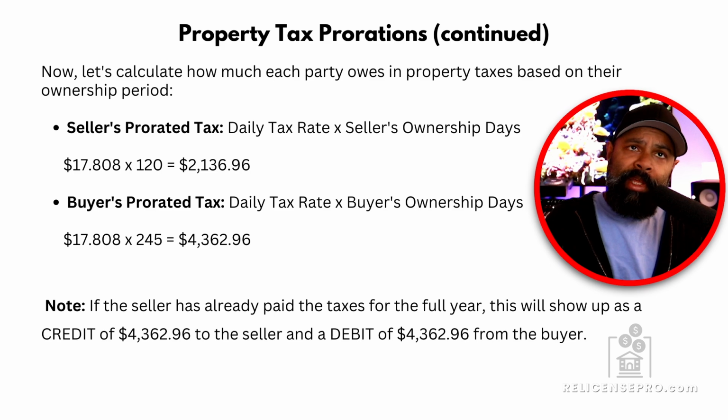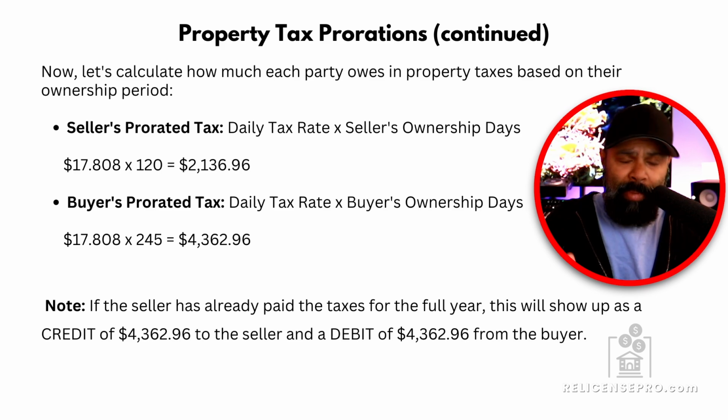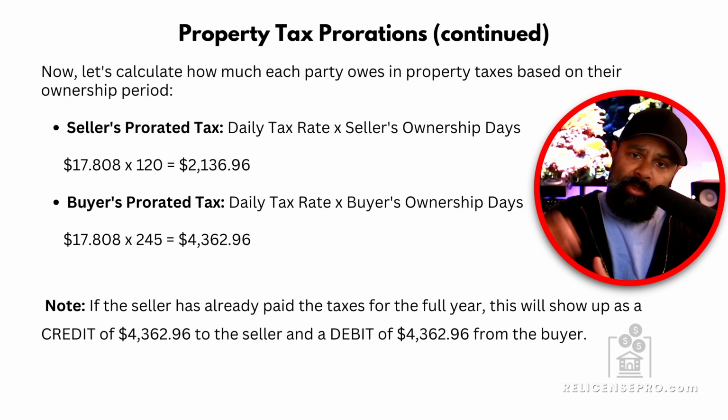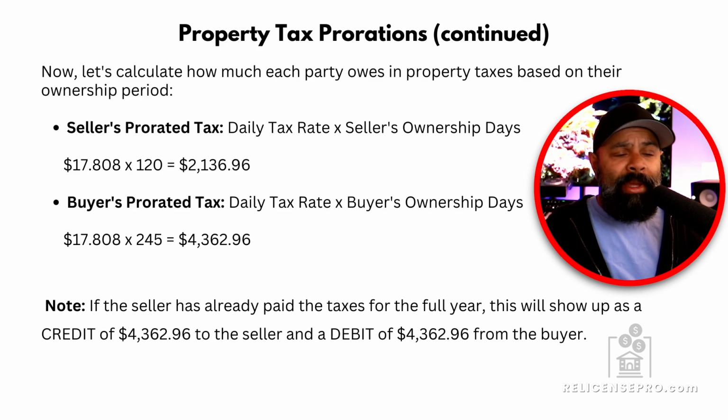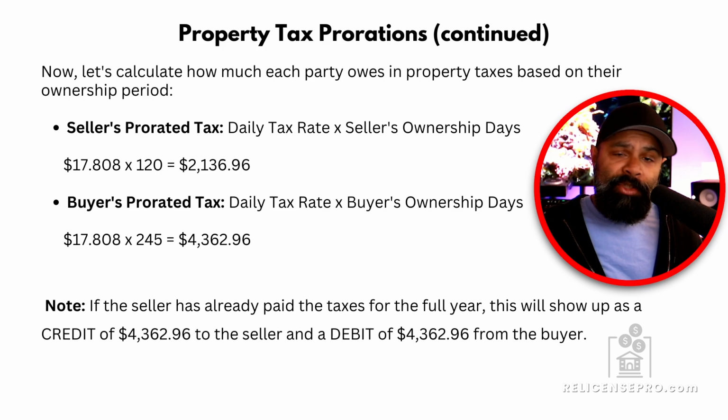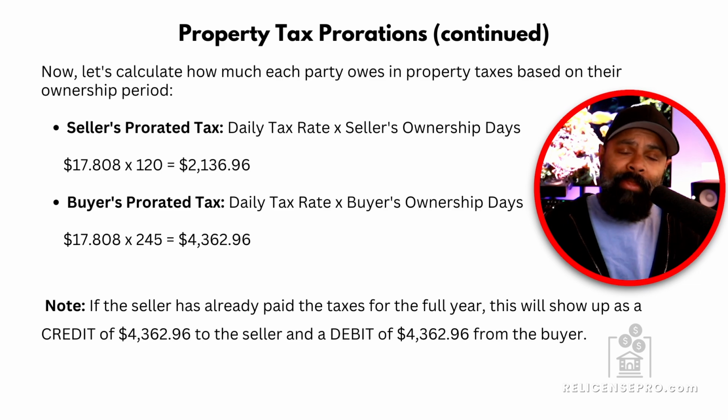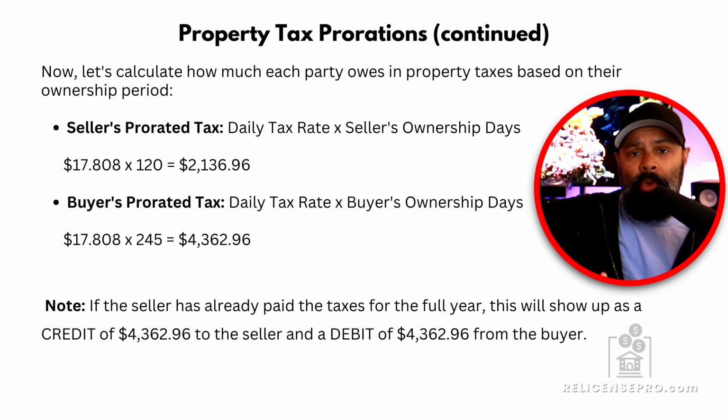So the question really is how much does the seller have to pay? Are they obligated to pay? Well, they owned it and they closed on that specific date. And because they closed on that specific date, they only own the house for 120 days that year. And then the buyer is going to continue to own it moving forward for the rest of the year, which